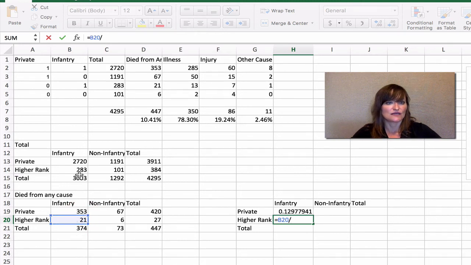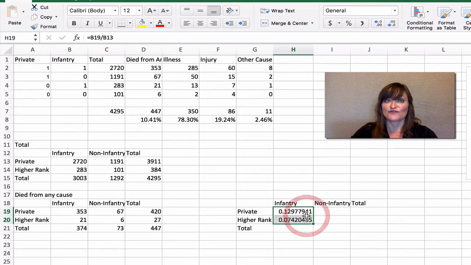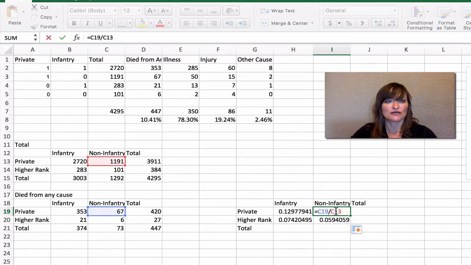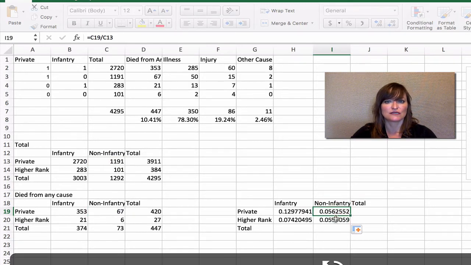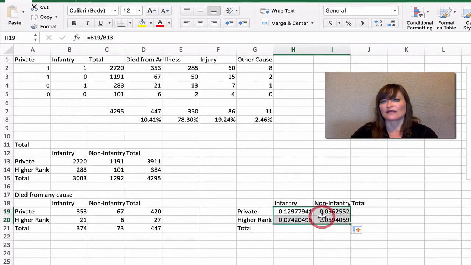Those who died infantry higher rank divided by higher rank. Can we use fill? I think we should be able to. I've highlighted both of those cells. Let's fill across. We can check our formula. Yep, that looks good. It's presented those as decimals.